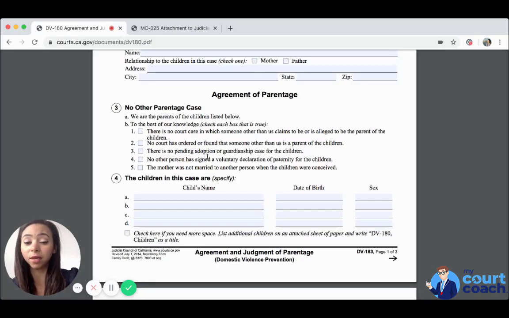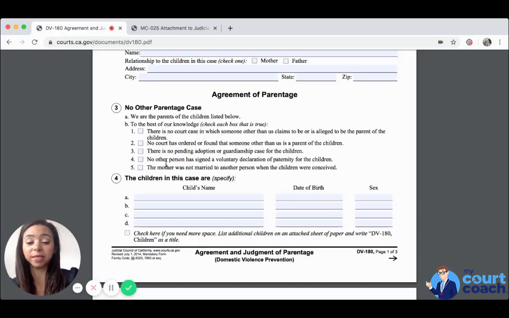And this is important because you can't be the legal parents of a child that is going through an adoption. The adoption case would actually have to proceed first before your agreement on parentage. And then same goes with the guardianship case. You are stating that you are the legal parents, yes, but the guardianship case would establish that those guardians would be the legal parents of the children. So if there is a pending case about guardianship, then that case would also be resolved first.